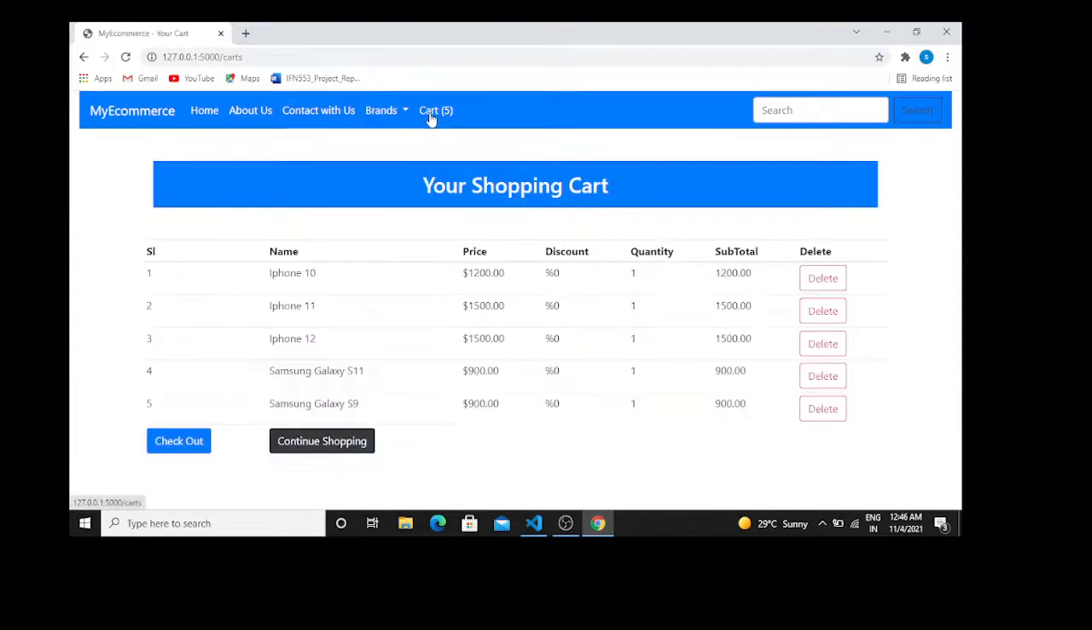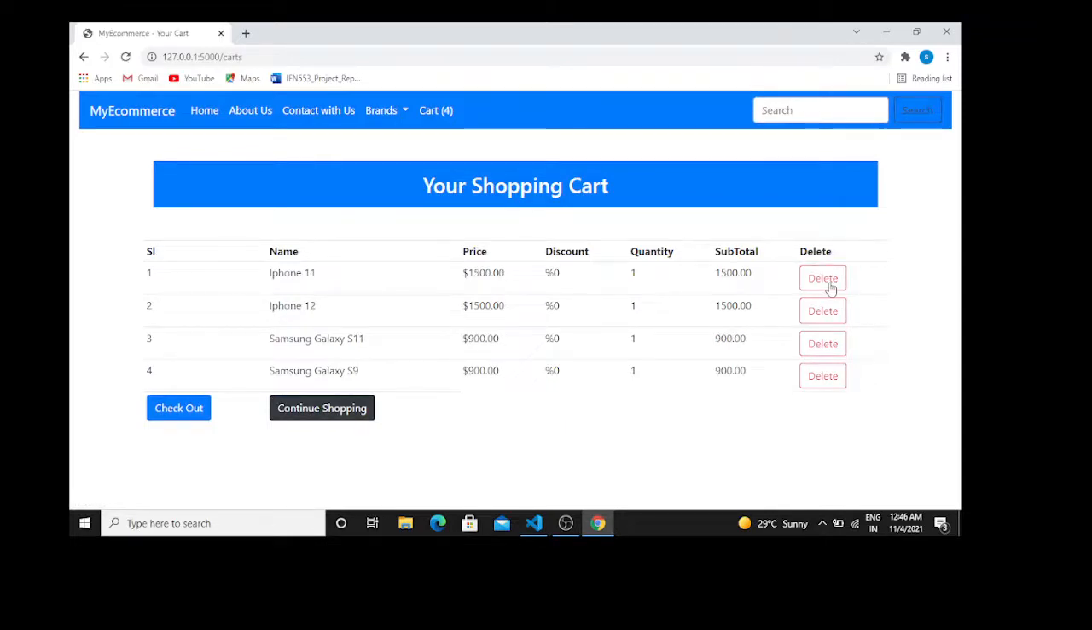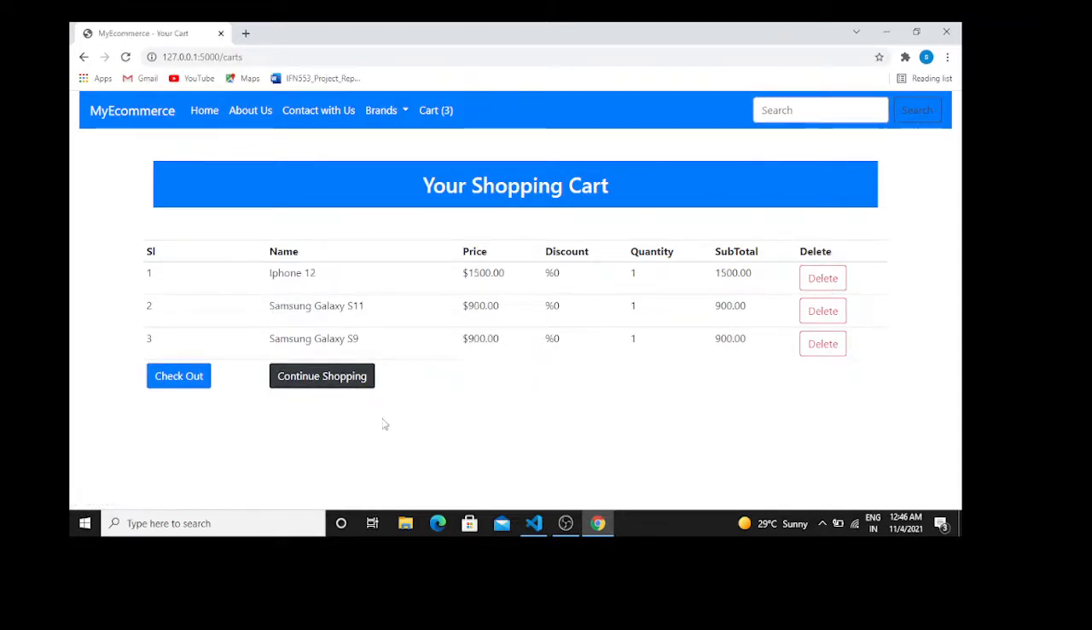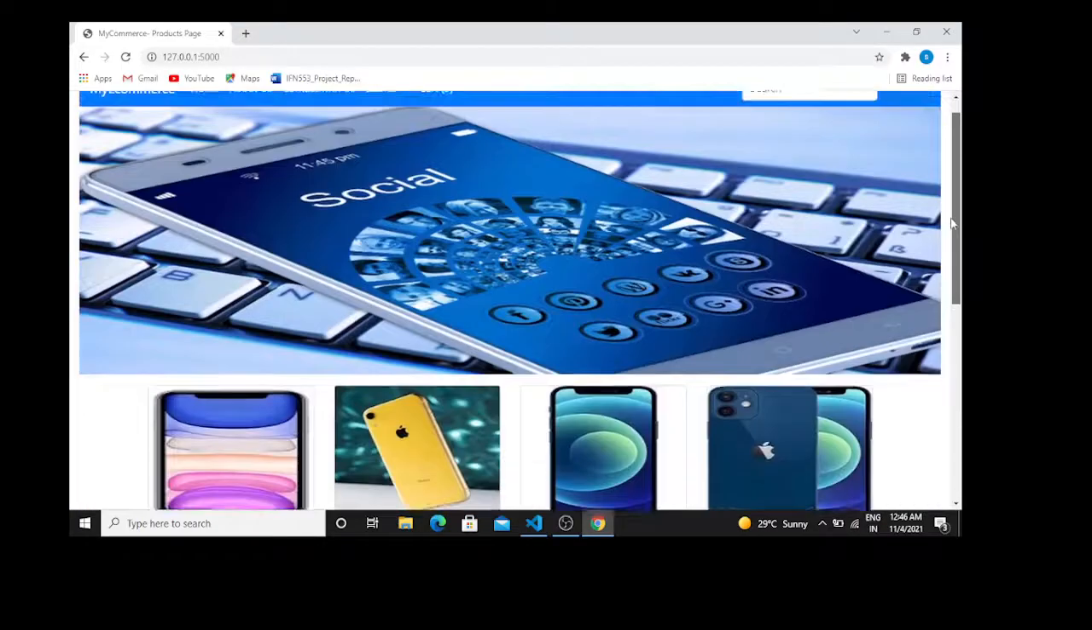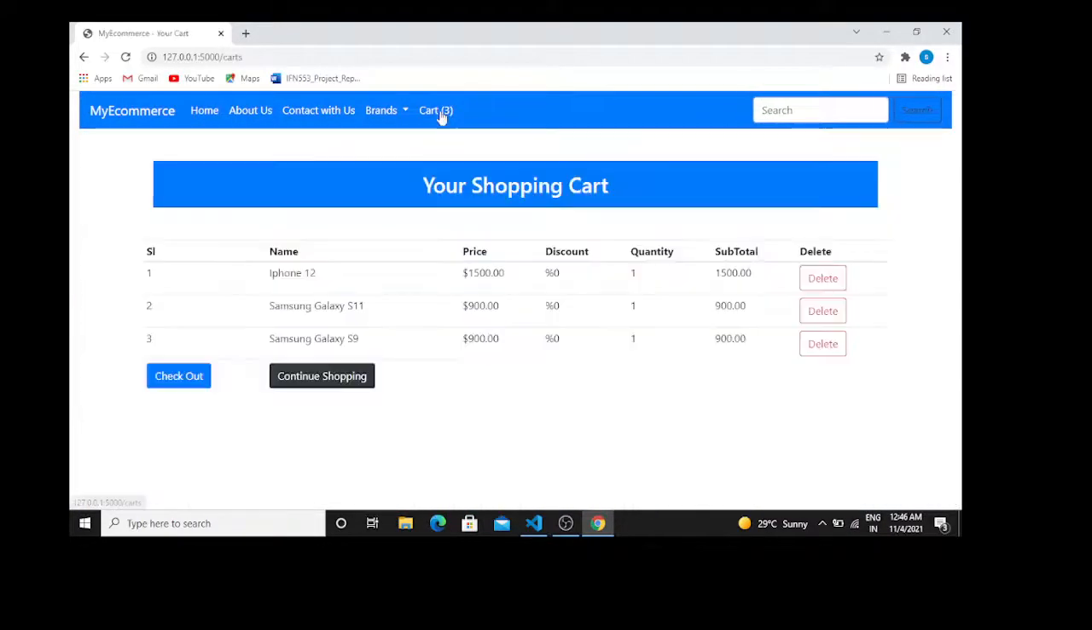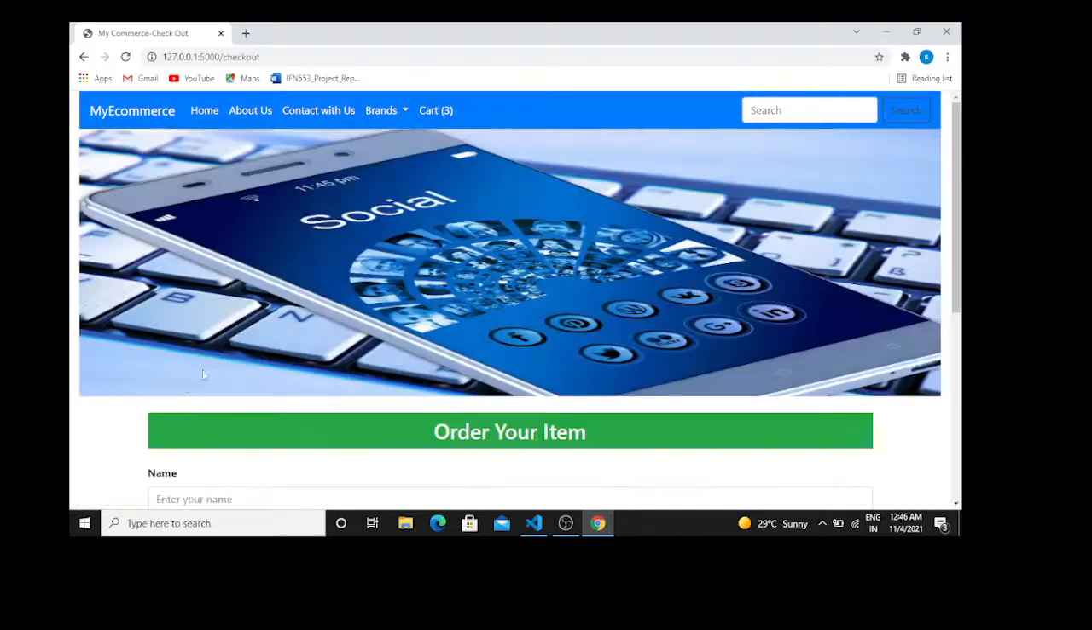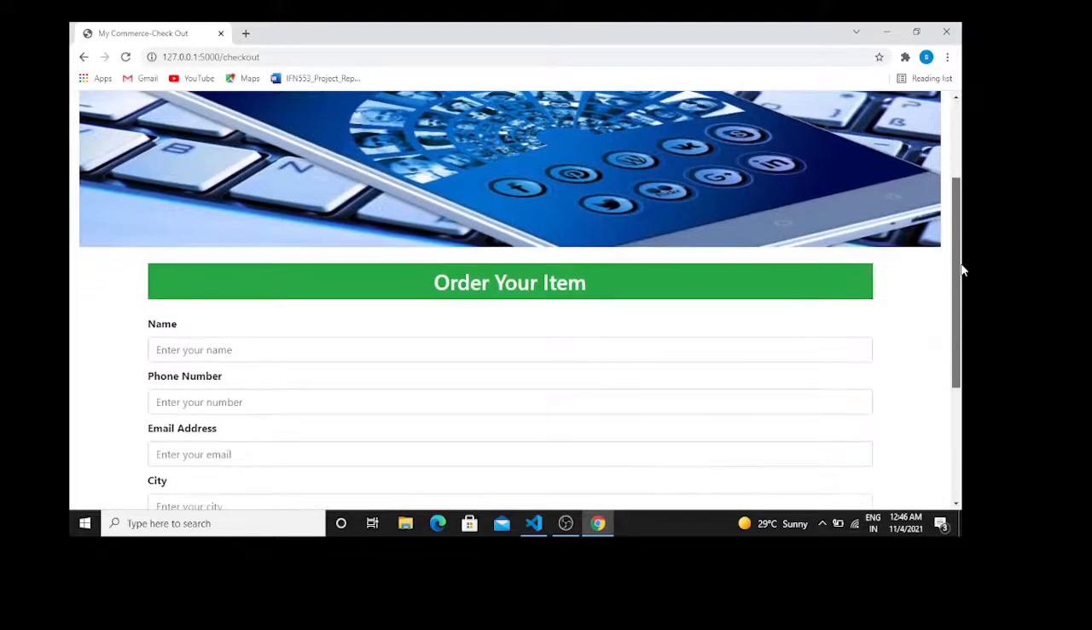Now the cart section. From here the user can delete the product directly. And if they want to continue shopping, they can click on continue shopping and it will come again to the home page and they can continue shopping from here. But if they want to check out, they can just click on checkout and they will reach this page,